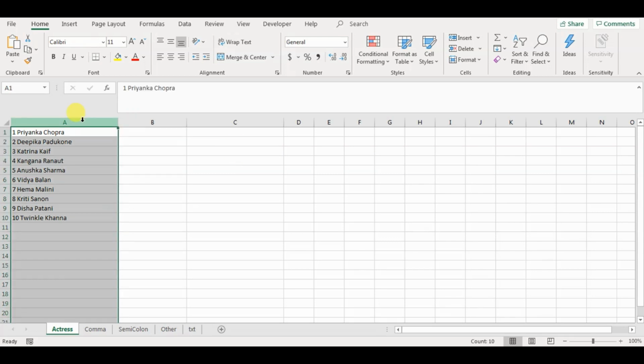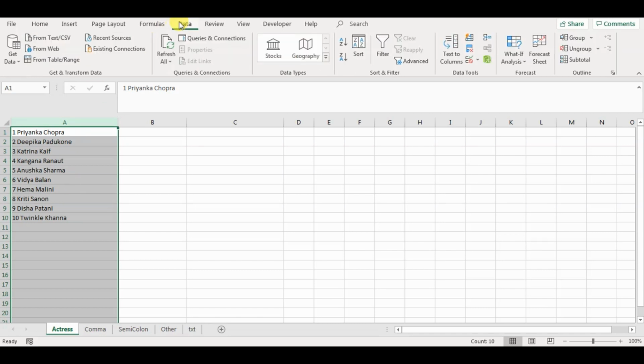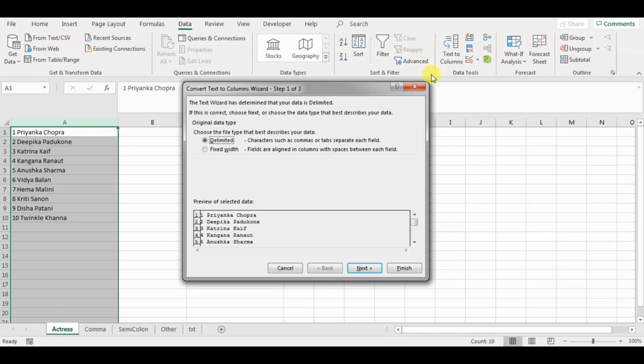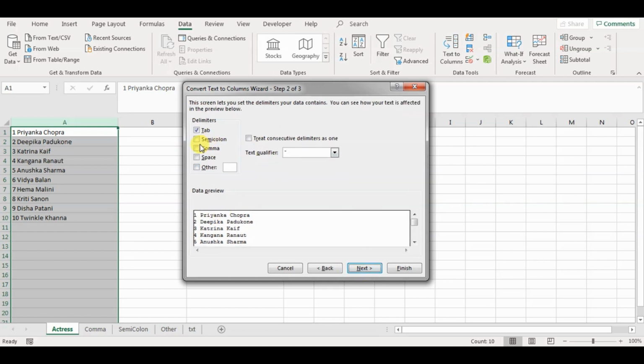In this case, you have to select column A because it includes all the names. Then we will go to Data, go to Text to Columns in the ribbon, and a pop-up would appear. This is the Convert Text to Columns wizard. In this, we're going to select the delimited option. Click next. Now this gives an option to select the different delimiting characters to split the values into different columns. It can be semicolon, comma, space, other. Other can be, if you have inserted a text that has pipes or hyphens, you can put that and you can delimit the text on the basis of that.